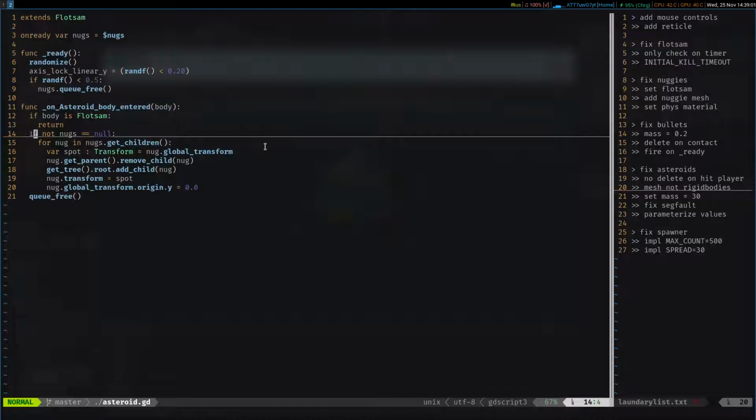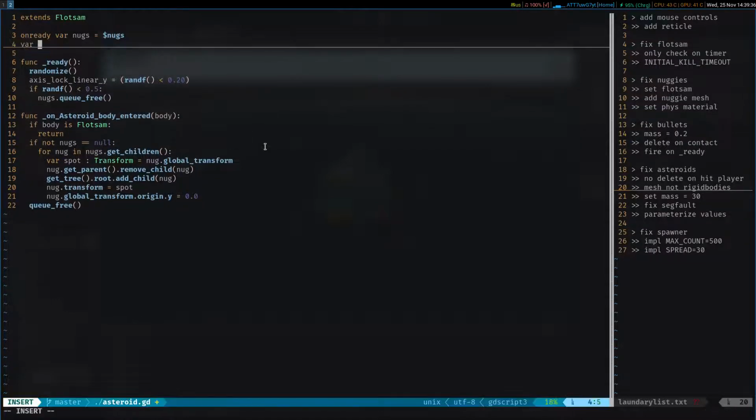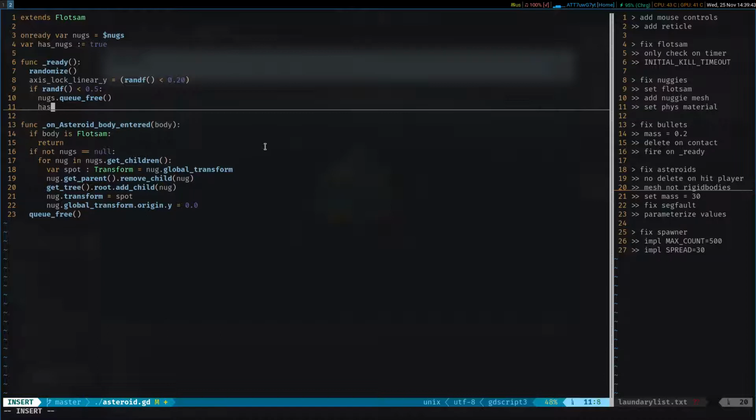And I found out that it's because up here, I'm setting this nugs variable to equal the node named nugs. And then when I don't have any nugs, I delete that node. But the problem is this variable still has the memory address for that node, and then I'm referencing it here. So I'm also looping through it. I'm trying to access a method on this pointer to nowhere. So what I need to do is make a hasnugs boolean and then set hasnugs equals false when I don't have nugs, and then just check that